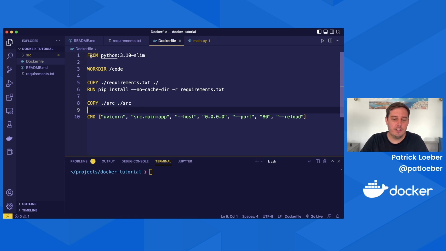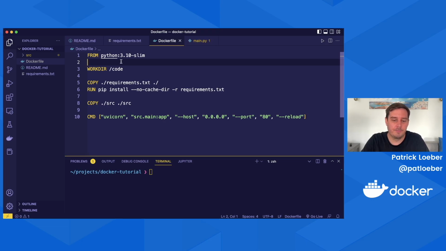So first we start with a base image, and usually if you have a Python development environment, you often start with a Python base image. And then here you can specify different tags, and this is where you can very easily switch out the version. For example, here you can use 3.11, I want to use 3.10, and I also often like to use the slim version. This will just give you a much smaller version than the regular one, but it still works fine